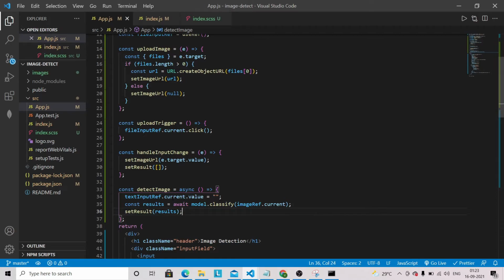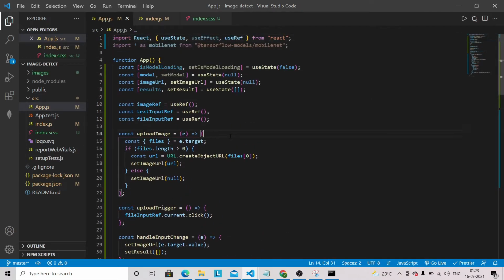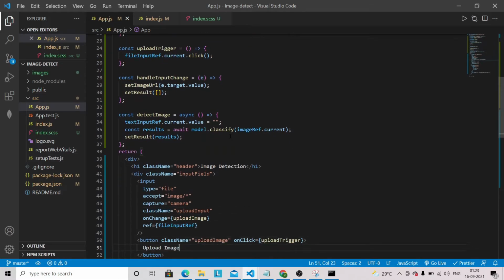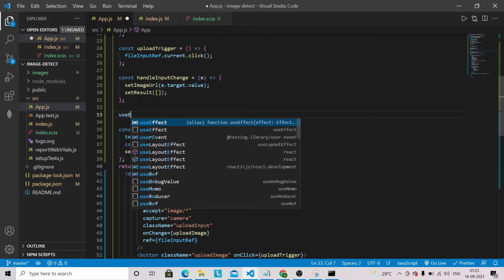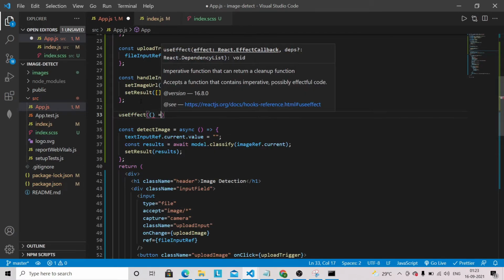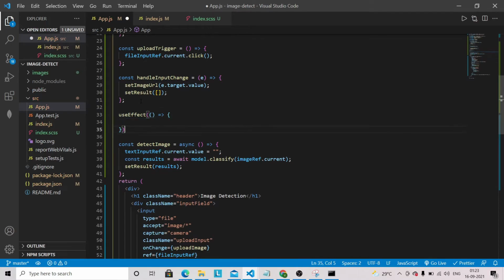Okay, and we also have to work on this model state that we have defined here. We haven't used that one, so we are going to use a useEffect here, and we are going to have one method here, that is loadModel.